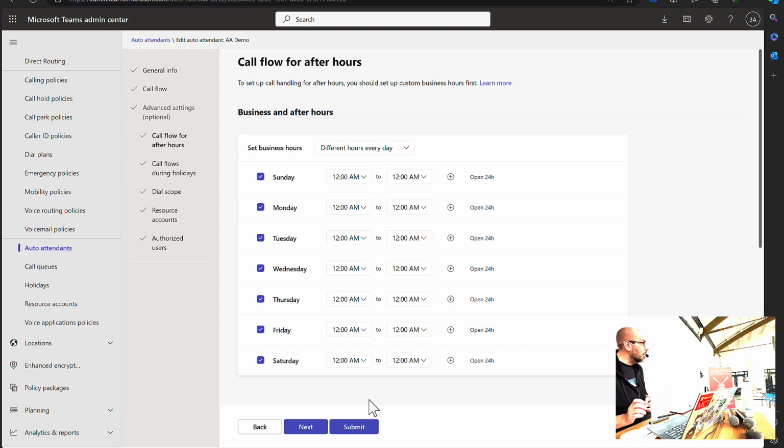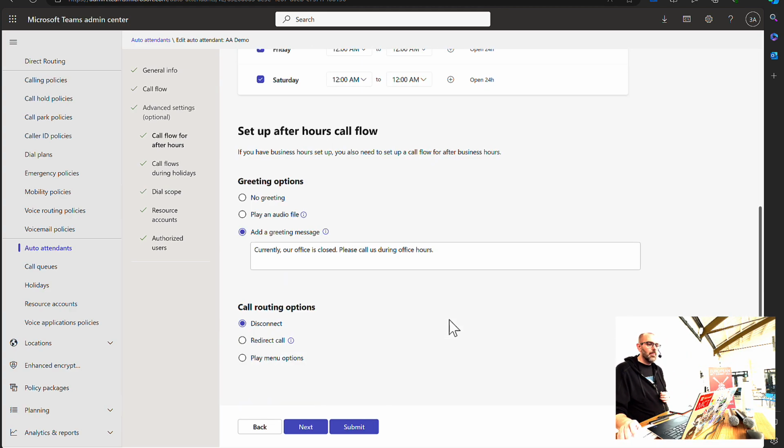One of the advantages of the auto attendant was that you can set up office hours. This is where you set them up. What's the actual weekly recurrence of the opening hours of your company? Do you have any lunch breaks somewhere around noon? Are you closed on Sundays and Saturdays, for example? You can configure those, and then of course you need to set up what the call flow will be after